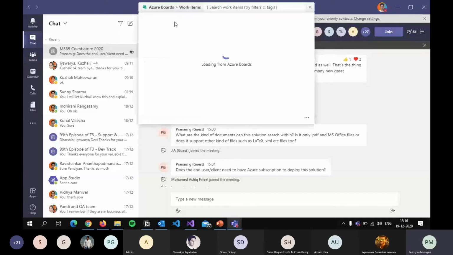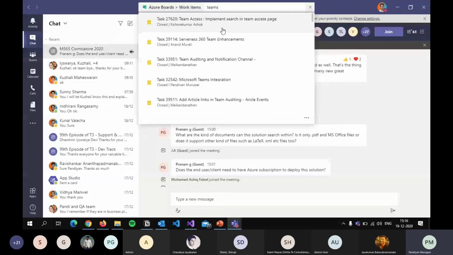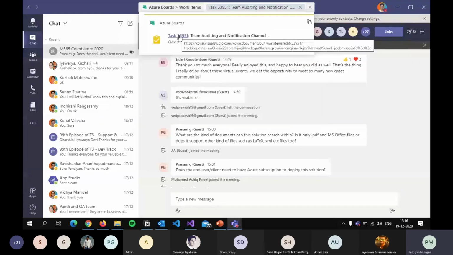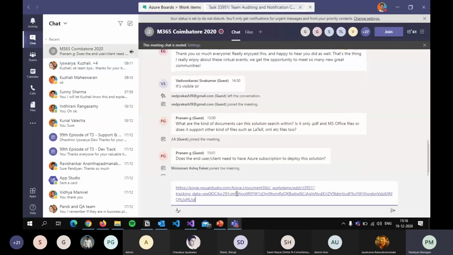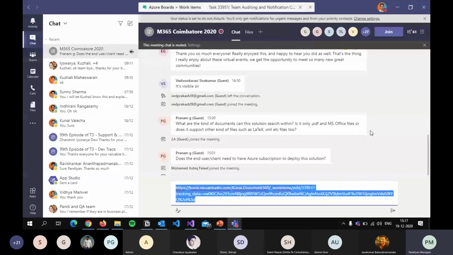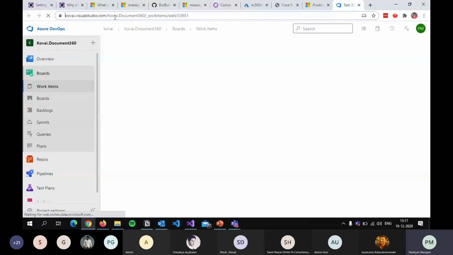For example, I'm searching for Teams. It will search for the information in my team enhancement or something like that. So I'm just taking this option, and it will have some link, right? A unique URL. So if you want to share it to some users, and you paste it, what link unfurling will do is it will grab the information from the web service or the APIs, and it will provide the titles of this particular item. For example, let me copy this.